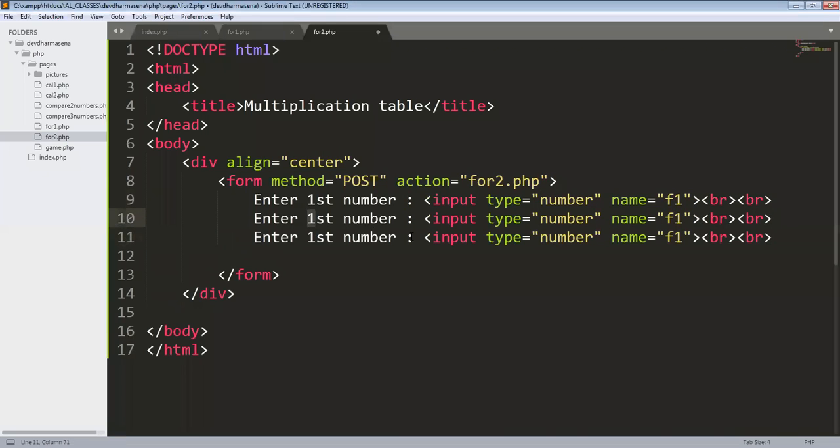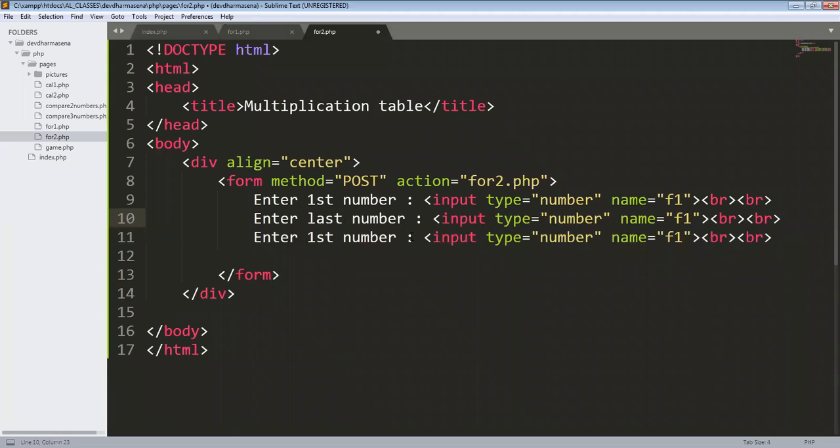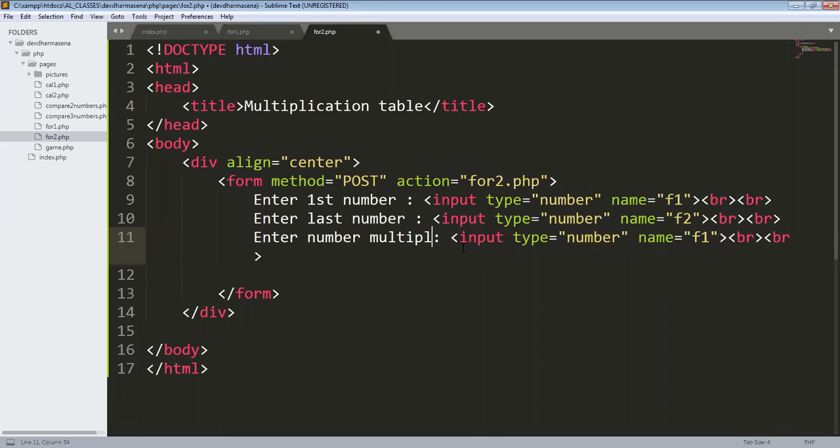Right. Here I will say the last number. Okay, we'll say F2. Then I will say enter multiplier. Okay, enter multiplier.